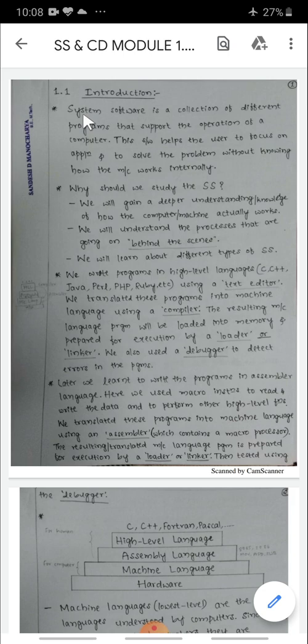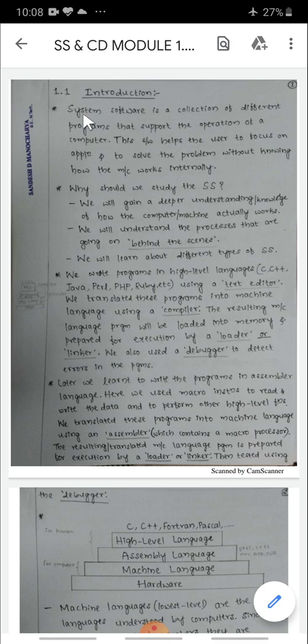So the user can solve that problem with that application in any other devices also. He has just chosen the computer as a tool, and in that computer he is just using that application to solve his problem. So this is the main difference between system software and application software.